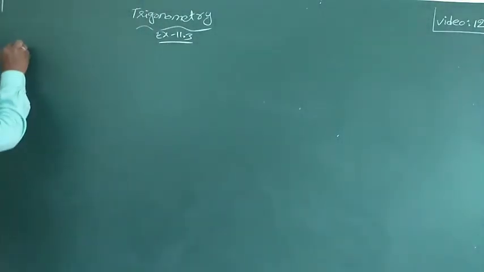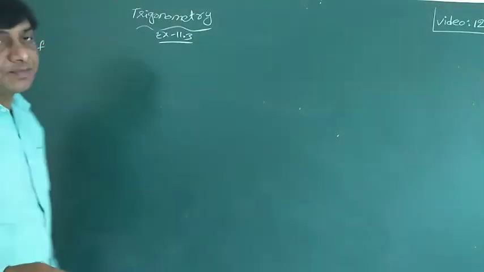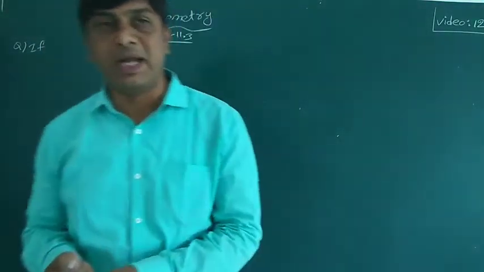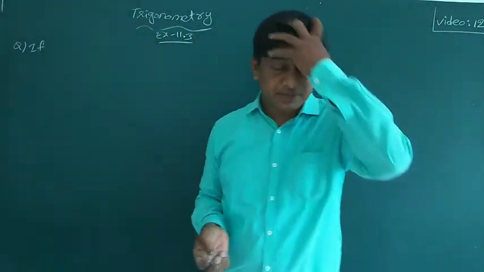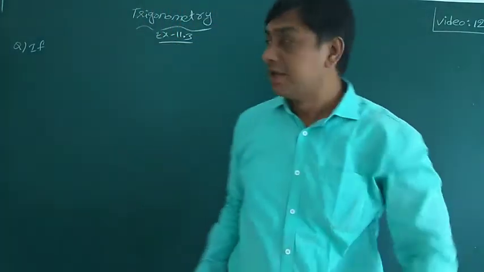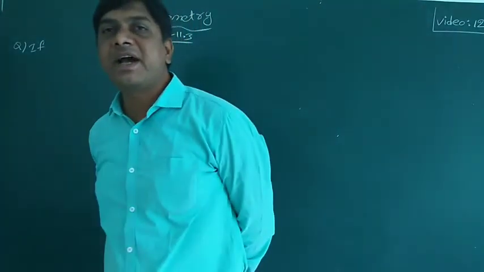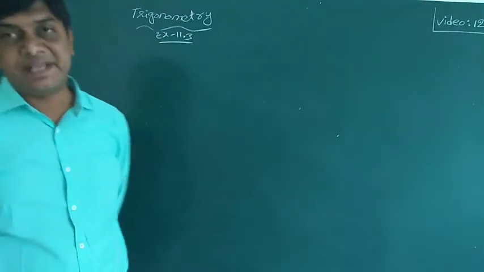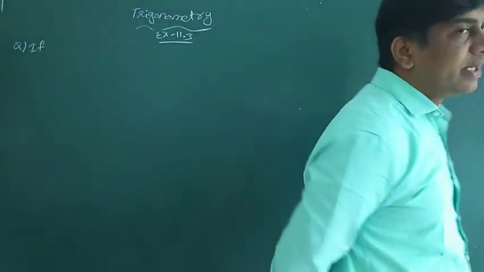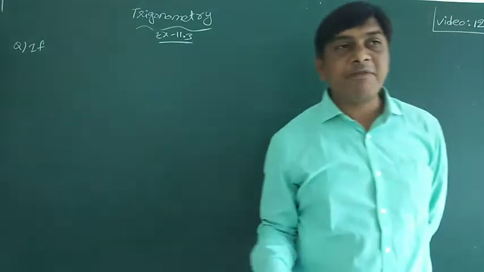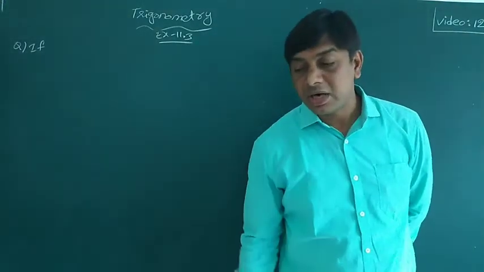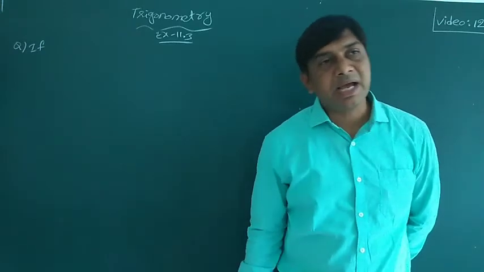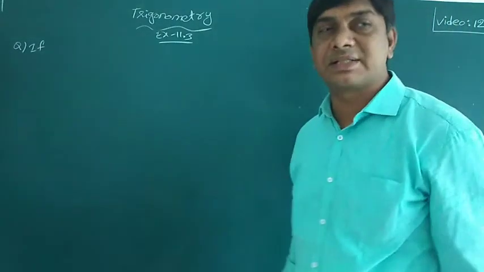Next question. They have given it in terms of tan; I'll take a different one, in terms of sin and cos. There they discussed tan and cot. Fifth question: if A, B, C are the interior angles of a triangle ABC, then show that tan of A plus B by 2 is equal to cot C by 2. But I am going to prove here that sin of A plus B by 2 is equal to cos C by 2.